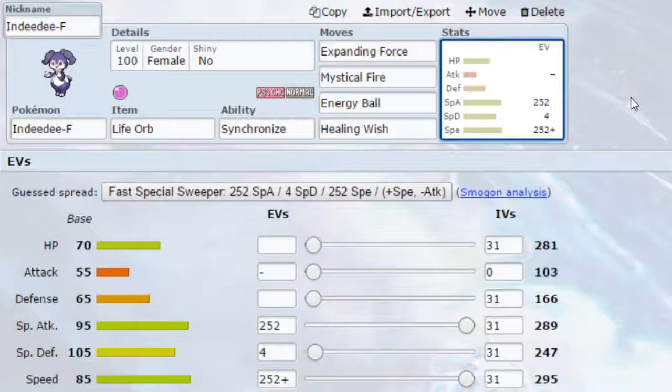Mystical Fire, which can set up the Sun if you need to, so maybe if you're a Chlorophyll user or a Solar Power user, maybe if you're paired with Charizard, that could work quite nicely. Energy Ball, which if you need to set up the grassy terrain, you can do that as well, just for any reason, like Grassy Glide, or if you've got a Pokemon that's weak to ground type attacks. And then you've got Healing Wish, which you can use as Max Guard when you're Dynamaxed, or later on in the match,